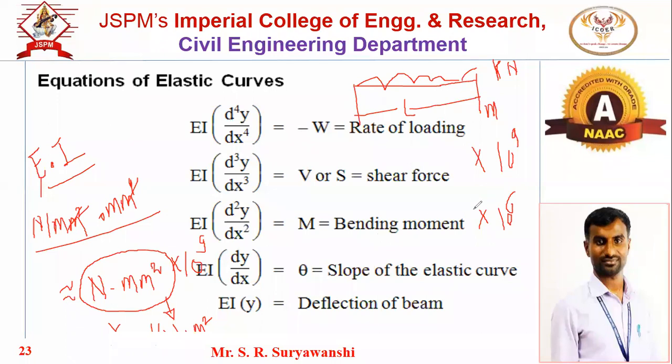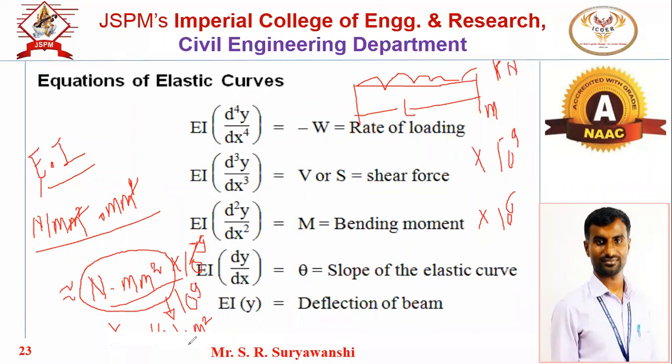So you have to multiply, or we can say divide, 10 to the power 9. If you are multiplying, then it will be 10 to the power -9, or else you just divide it by 10 to the power +9. Okay, if you want to divide, it is 10 to the power 9; if you want to multiply, it is 10 to the power -9. Why that, I will tell you.